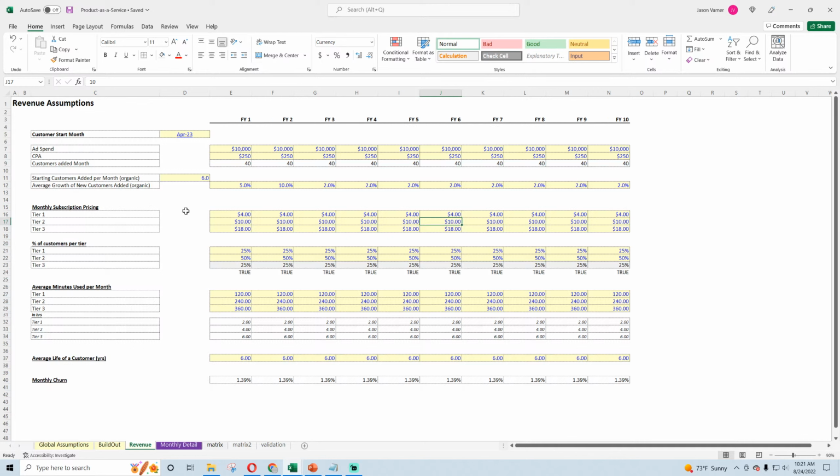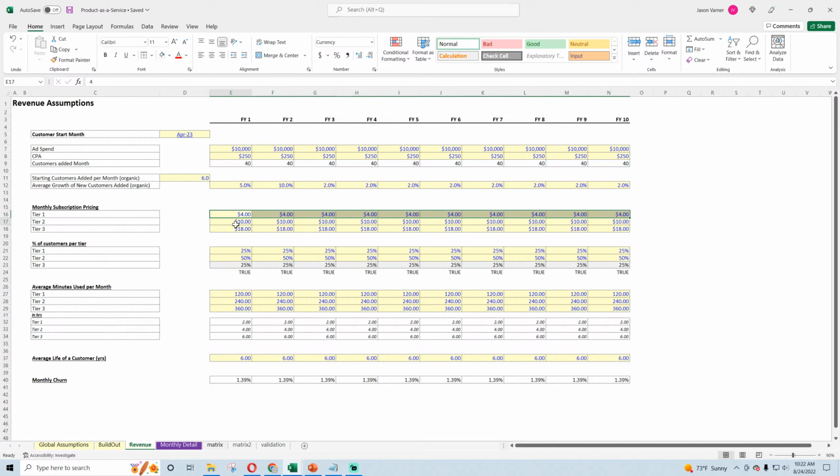Because I know the logic we can easily implement to make the contract term variable. It could be 1 month, 12 months, 18 months, 6 months, whatever. And then at the end of every period, there's a renewal rate based on this. But then we'd have to do a renewal rate rather than a monthly churn. Yeah, I think it's more rare that it's not month to month, so we'll just keep it month to month as the base logic.